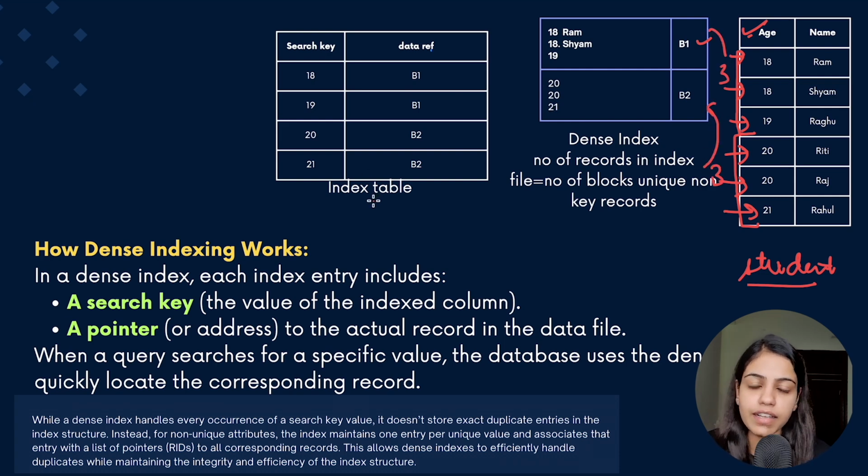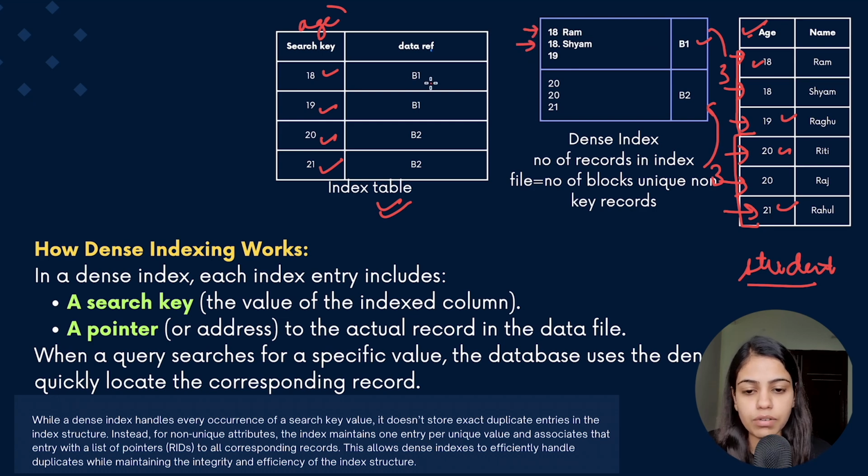Now how will we make the index table? As I told you, the index table would have entries equal to the number of unique non-key values. Here are the unique values: 18, then 19, then 20 and 21. So the search key, or the indexed column on which we are making the index, that is age, would have 18, 19, 20 and 21, and then we will provide the block pointer. The first search key is 18. 18 is present here and here,